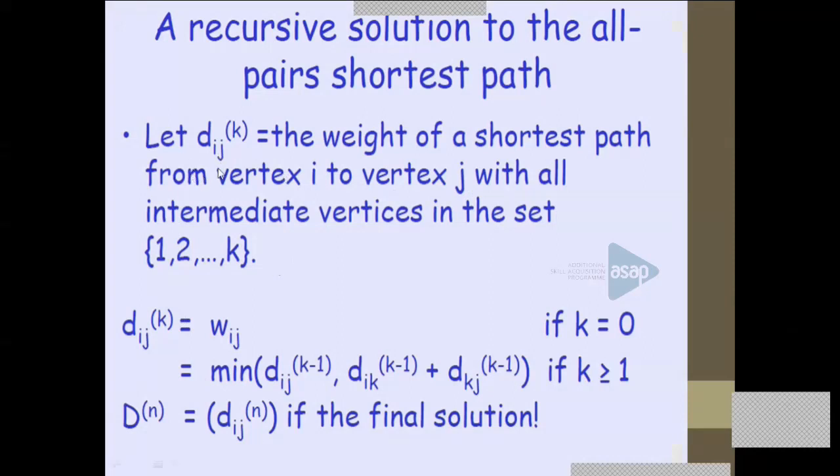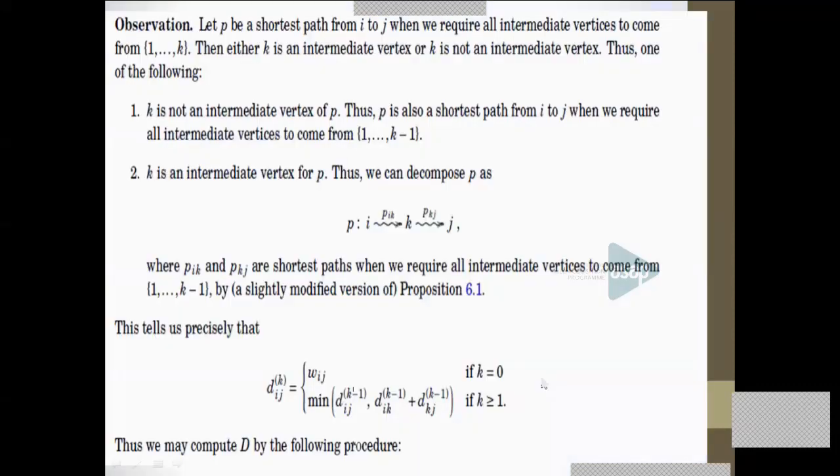And the same thing in the recursive definition: here d_ij^k will be the weight, and it will be the minimum of the k minus 1 value, just like the previous definition, or it is actually the new edge. Each time, you take the shortest path i to k and then add the path k to j, and whichever is the minimum addition, that we will be taking.